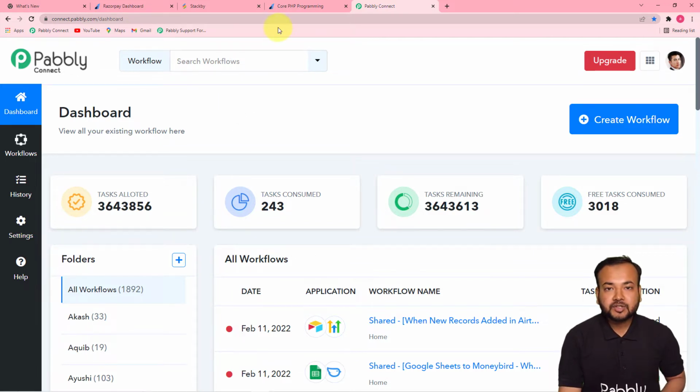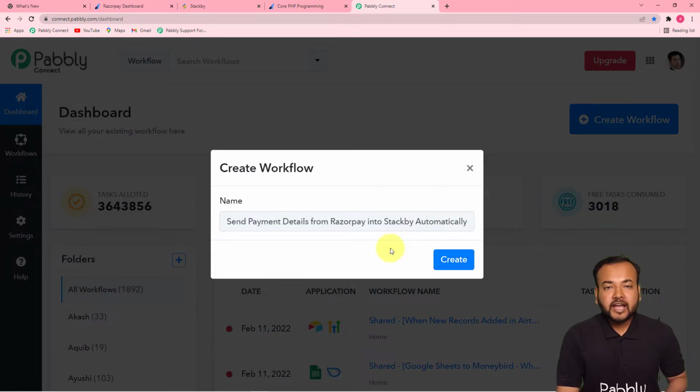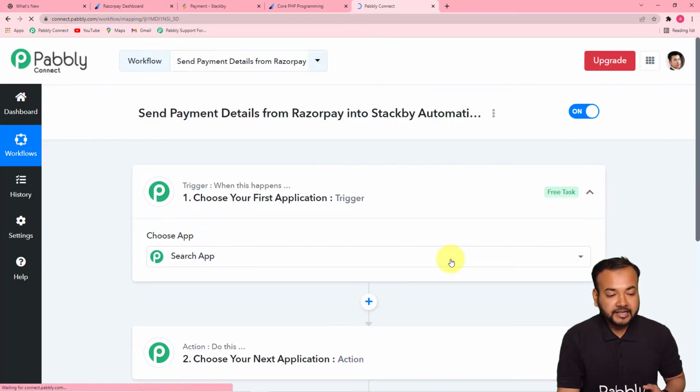And here you have to set up this automation by creating a workflow. So to create a workflow, you just have to click here on this create workflow button like this. And here you have to give a suitable name to your workflow. So let me fill the name here. So I have given the name to this automation as send payment details from Razorpay into Stackby. Okay. So here you can click here on this create button,